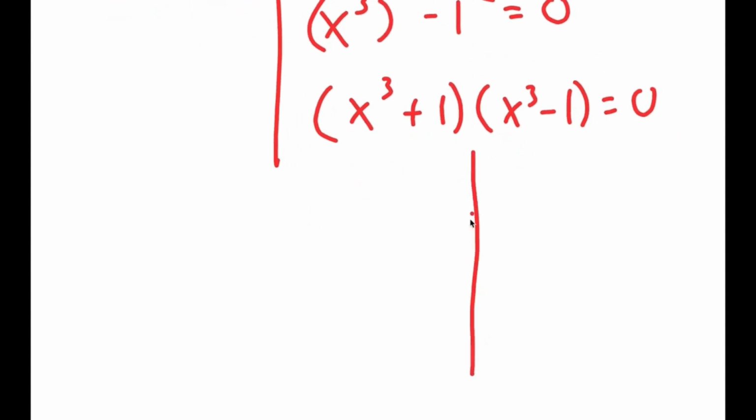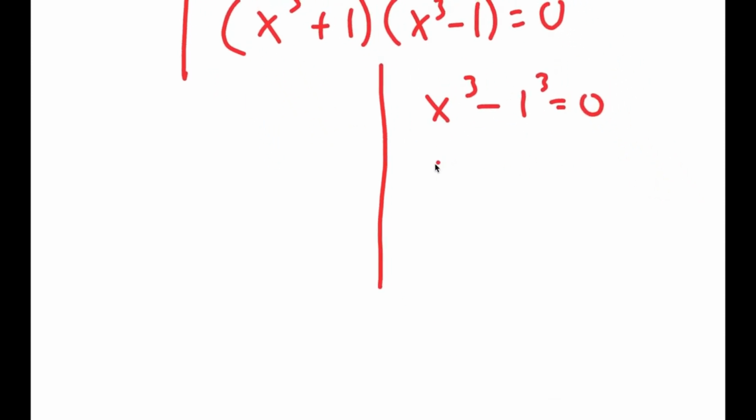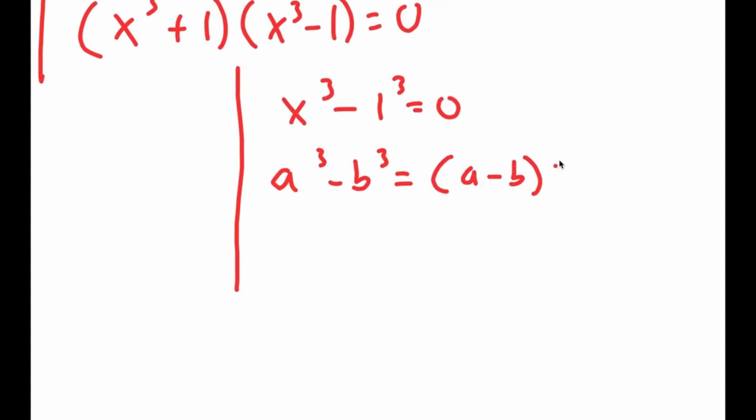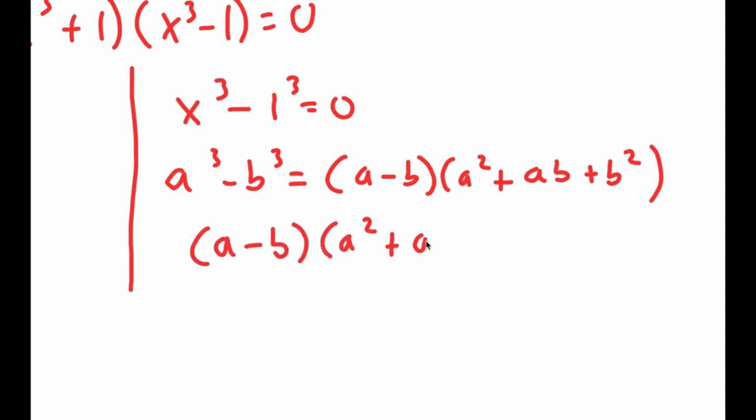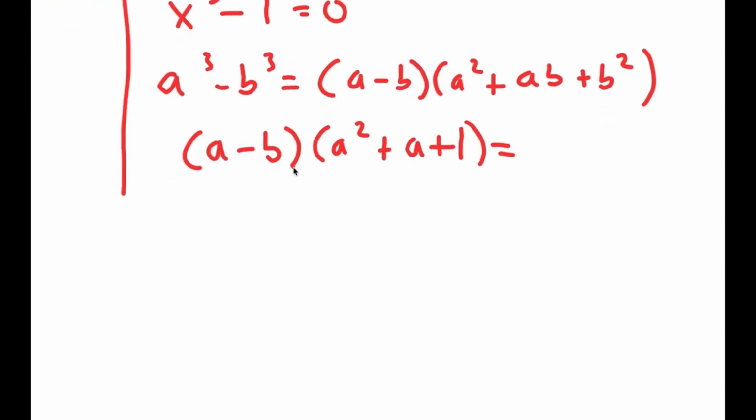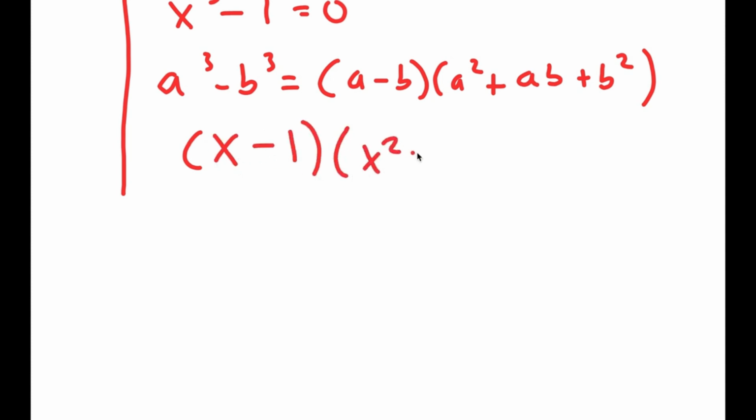Now, for x to the power of 3 minus 1 equals 0, I'm going to rewrite this as x to the power of 3 minus 1 to the power of 3 equals 0, so I can use the property a to the power of 3 minus b to the power of 3 is equal to a minus b times a squared plus ab plus b squared. So this turns into x minus 1 times x squared plus x plus 1 is equal to 0,